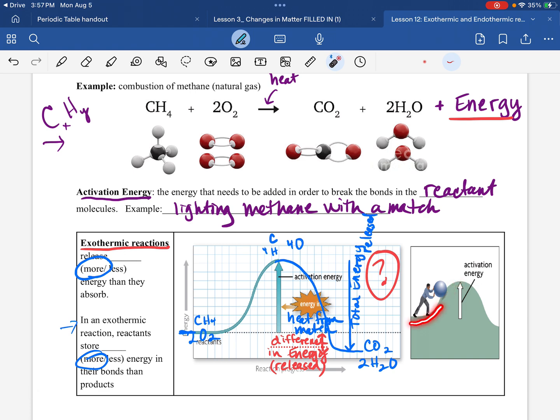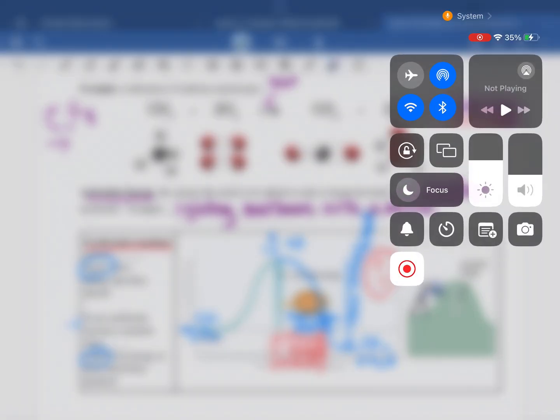And then this is a little analogy here. Someone pushing a ball up a hill, activation energy. So once that person gets it to the top of the hill, they are not going to have to add in any more energy. It's just going to roll down by itself. They don't have to keep pushing it. So that's a good analogy for activation energy. The amount of energy you have to add to get the reaction to just start happening on its own. Okay, and we'll do another video for the